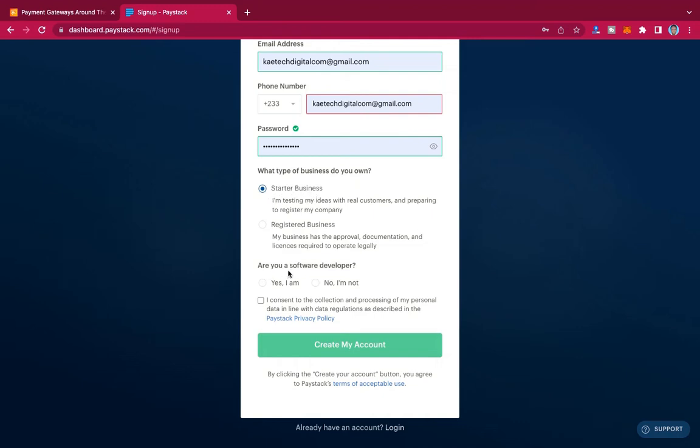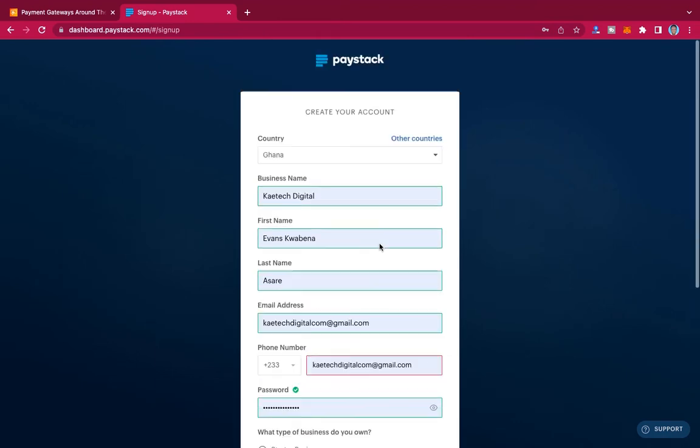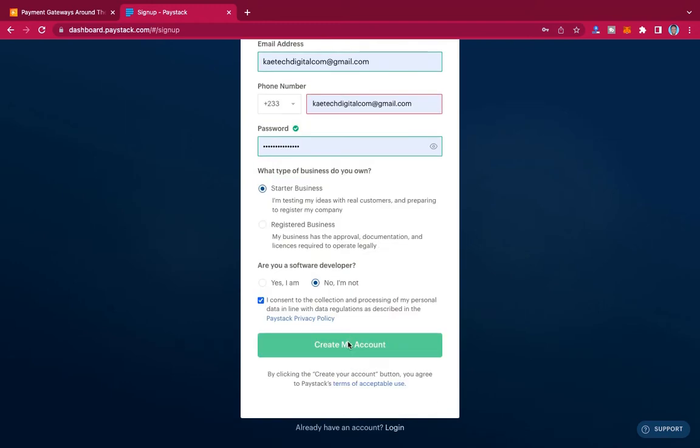And then, are you a software developer? If you're a software developer, you can say yes. If you're not, just say no. Then I consent. Make sure that you consent to the terms and privacy policy of Paystack. And then all you need to do is click on create my account. So you click here to create your account, and then you will be ready to start collecting money from